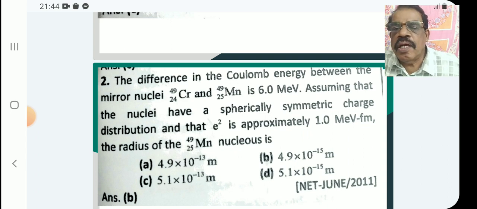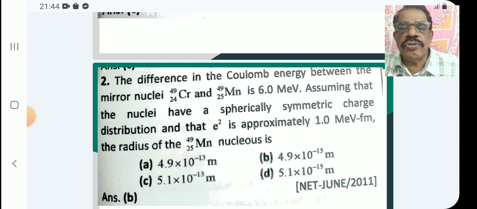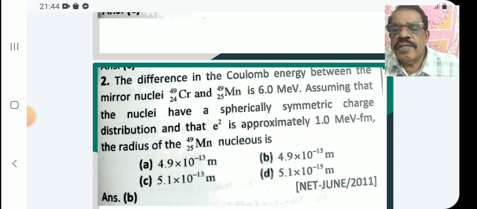Assuming that the nuclei have a spherically symmetric charge distribution and that e square is approximately 1.0 MeV femtometer, the radius of the 25 Mn 49 nucleus is